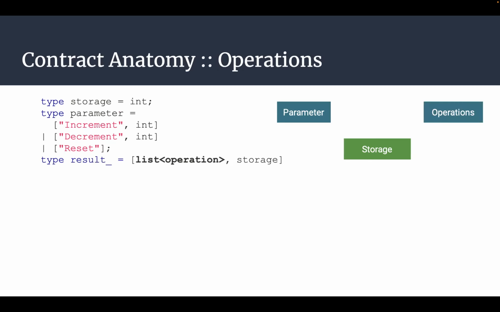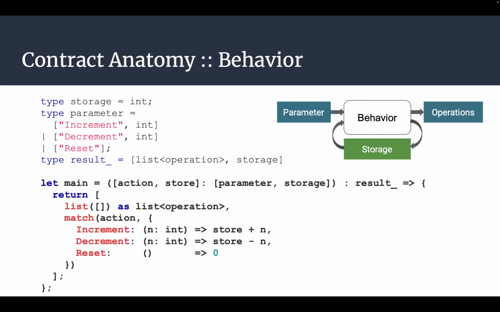You have as a result what we call operations. Operations are transactions. So if you want to interact and perform some transaction, you have to give it as a result once the contract has been executed, and you send back the storage or a new storage. And then after, you just have to write your behavior, the contract. And here, this is a simple one with a main action. So you have to define a function which is called main, or you have to give the compiler the name of the main action if you don't call it main. But here we are going to call it main.